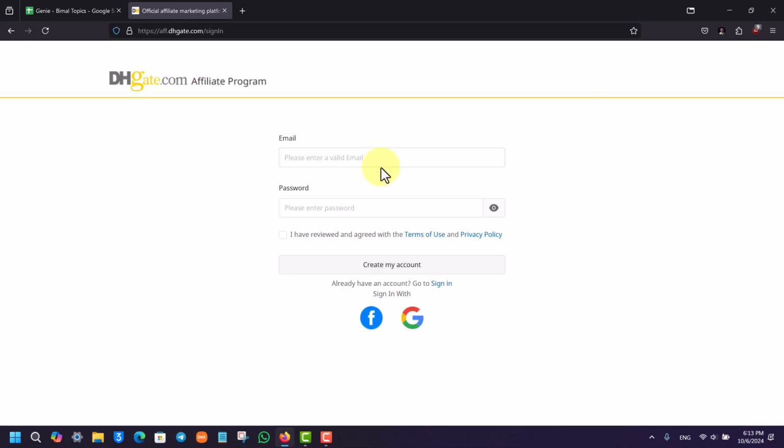You want to make sure to click on the join option right there. You can see DHgate.com affiliate program. All we have to do here is just simply enter the email address of our choice that we want to register with. And then we have to simply choose to create a password. So once you've created a password, you can review their terms and conditions and then click on the create my